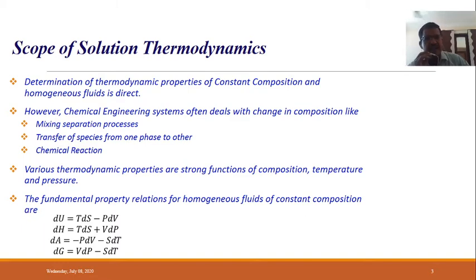But constant composition is not the case in chemical engineering. In chemical engineering, no doubt, we have different mixing processes available, where change in composition is there. Then we have separation processes. It is very important. Mass transfer operations, where separation of different components is taking place. So in this case, we will find there is a change in composition for different phases. Phases means vapor phase, liquid phase, right? Where in that particular phase, there is a constant composition, or there is no change in properties, that is nothing but your phase. Then transfer of species from one phase to another phase, such as a vapor liquid system, right?